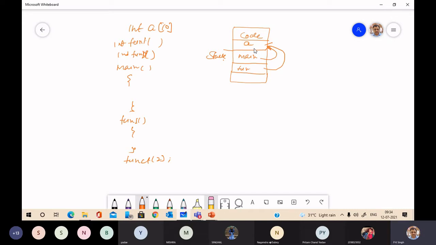One more link is the control link. Control link is a link to its mother procedure.